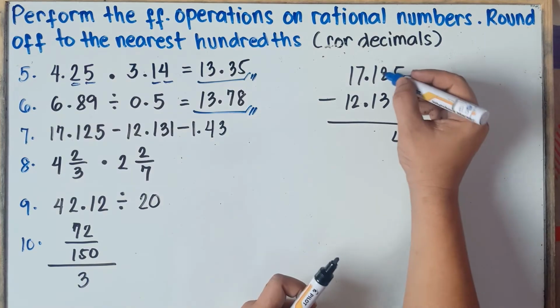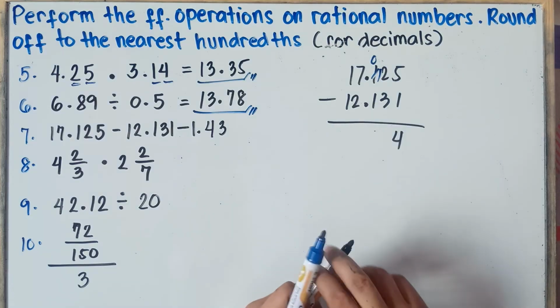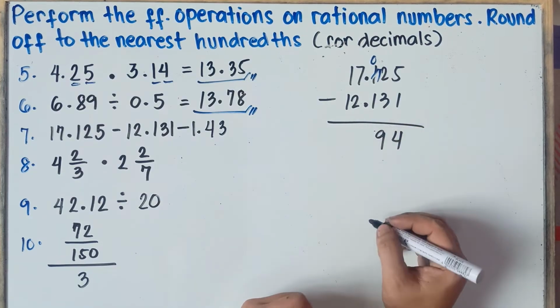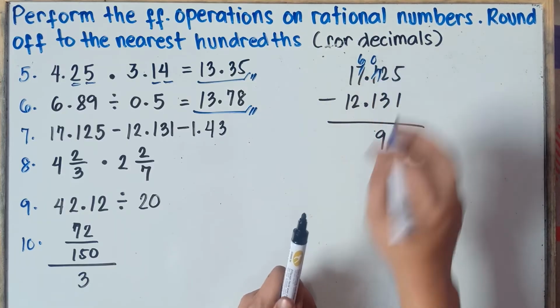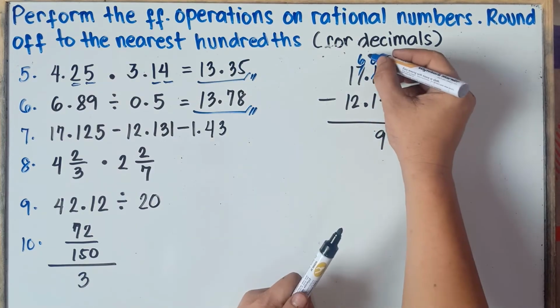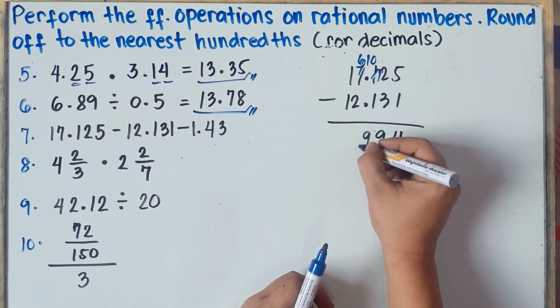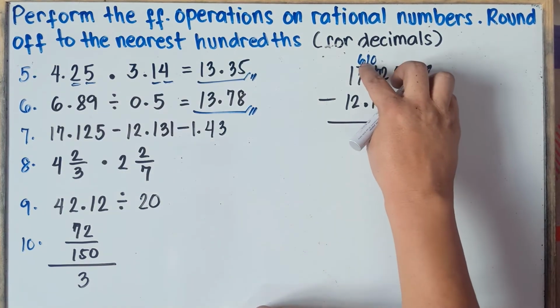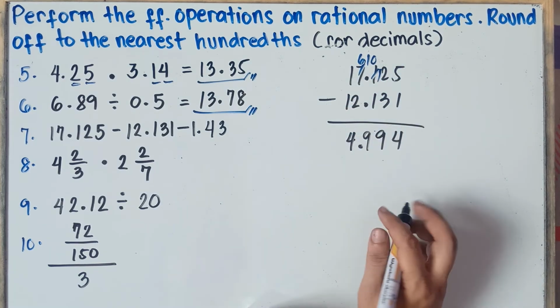We need to borrow 1, this becomes 0, and this 2 becomes 12, so 12 minus 3 is 9. So 0 minus 1, that cannot be, borrow 1 again, so this becomes 6, and this becomes 10. So 10 minus 1 is 9, then copy the decimal point, 6 minus 2 is 4, and then 1 minus 1 is 0. Alright, so our answer is